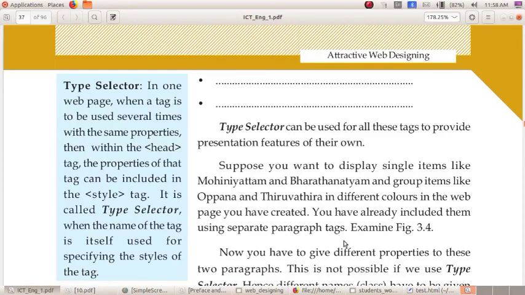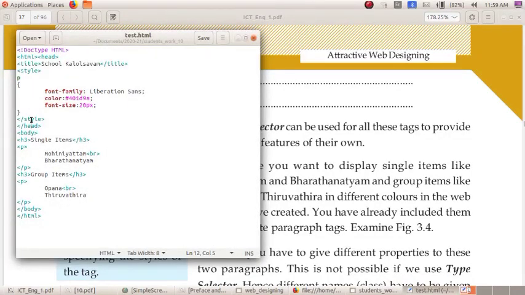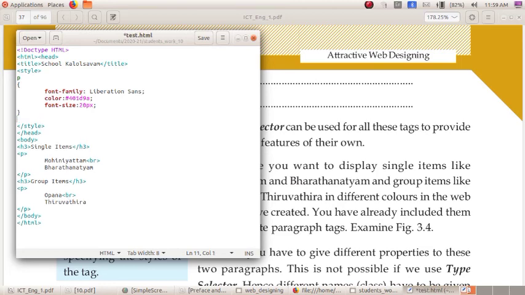Now we can go to our test.html. Here I want to change single items and group items. These are the headings of my web page. So for that, just after this curly bracket, I want to give a selector as h3, because here the single item is given inside the tag h3.